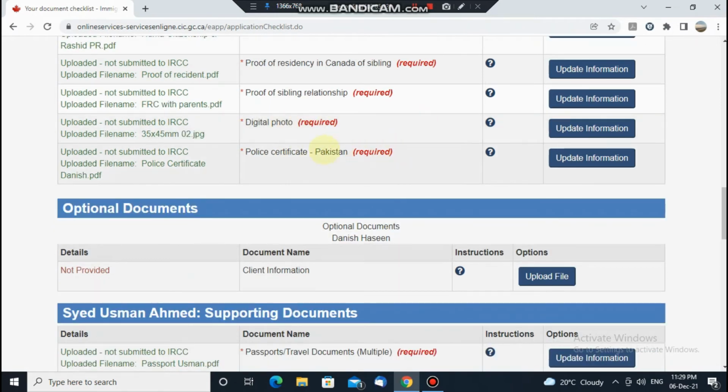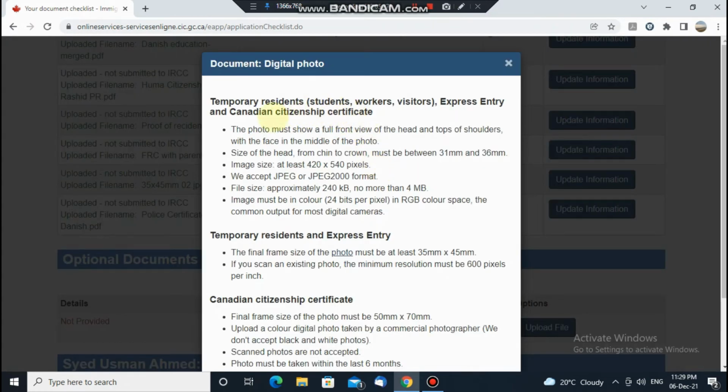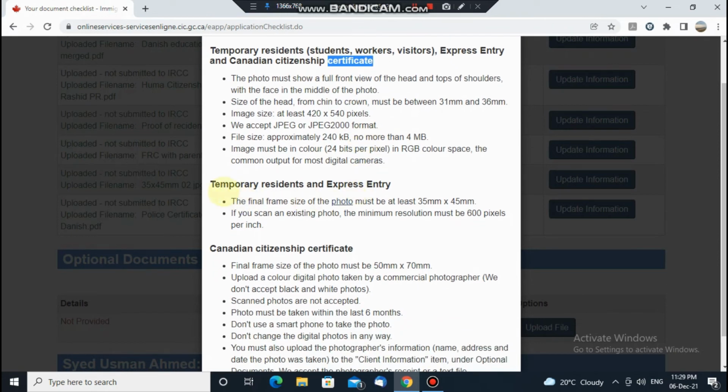In the digital photo section you can see three types here. This is for the Canadian citizen certificate. You can also see Express Entry and the Canadian citizen certificate. Here you cannot see the written certificate, simply Express Entry or temporary resident.